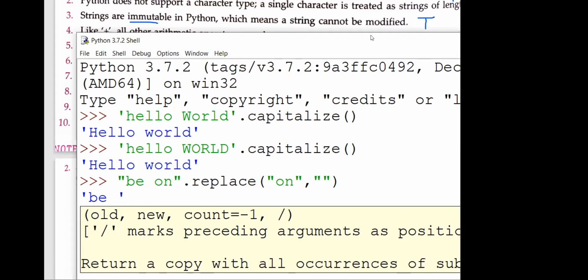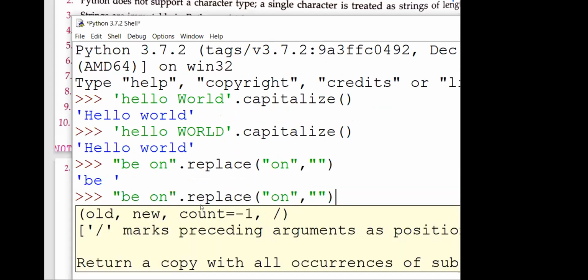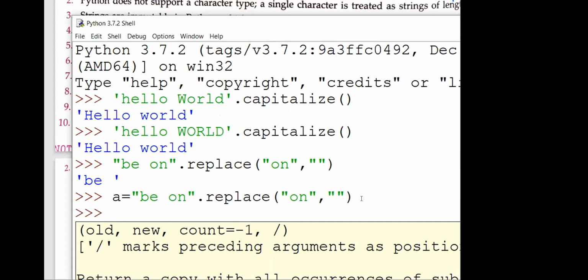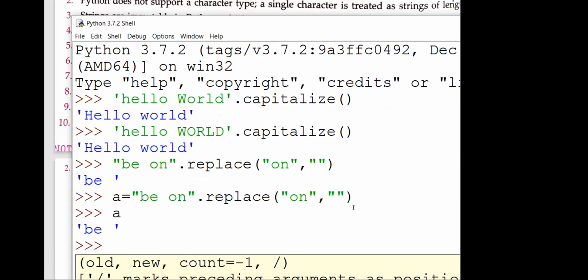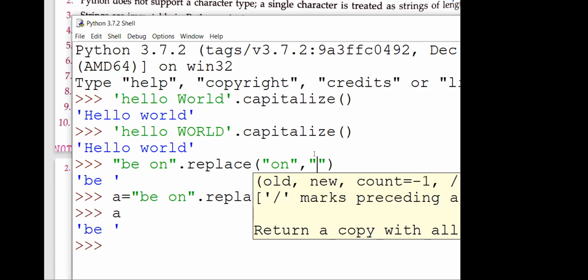So ultimately you have to store it in something else. For example, let me show you that also. Again I'm writing here, and I'm writing a is equal to something like this. Fine, then press enter. Now you press your a. So a has the complete information minus whatever substring you have given over here. And remember, we give no spaces, because space itself is a value.